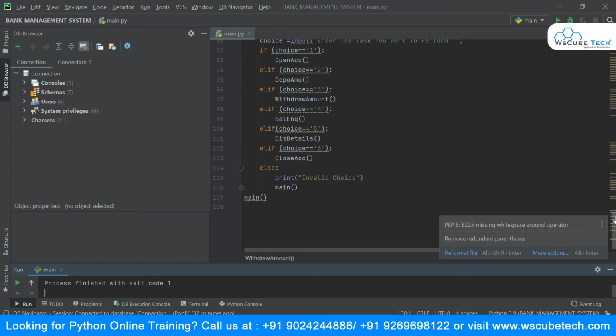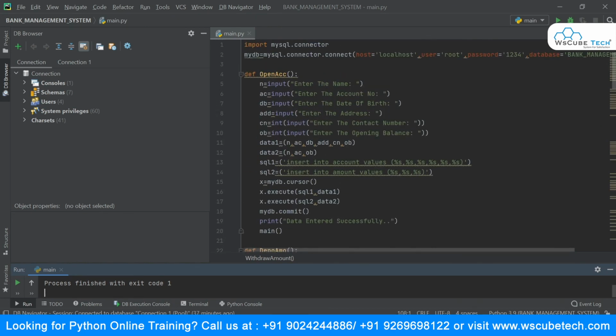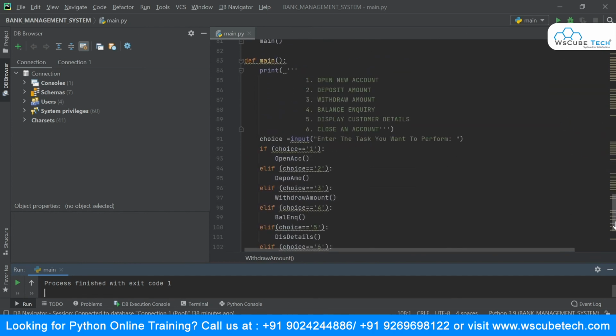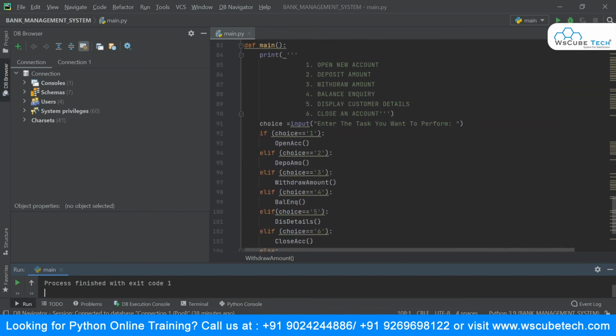So once the connection is established, it will directly call this main and this would be displayed. And when a particular client gives the input, suppose a 1 or 2, that particular method would be called.